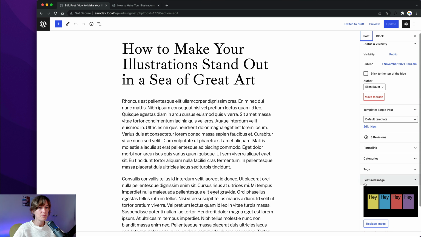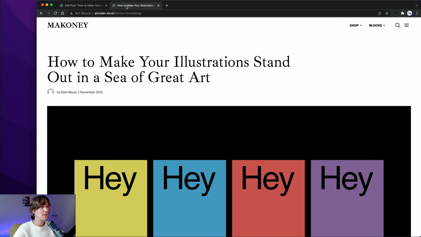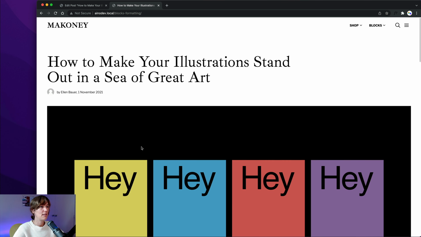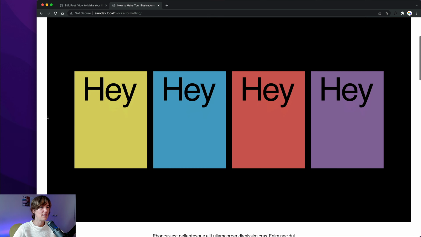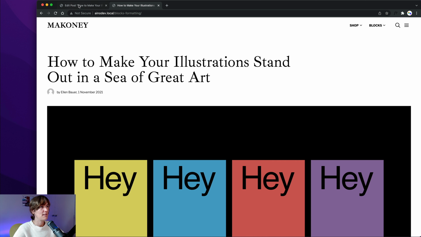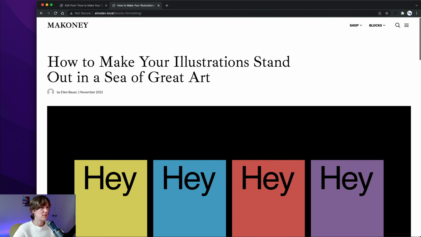So here you have your featured image added to the post, and then you see under your post settings, you see templates, and by default, if I open this image, you will have a featured image visible under your title, and then the post content comes. So you might not want that. It's a great option for